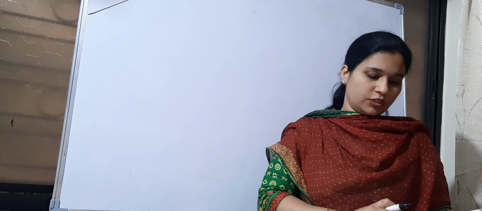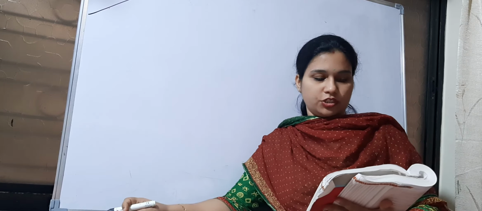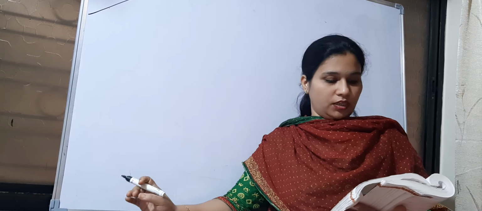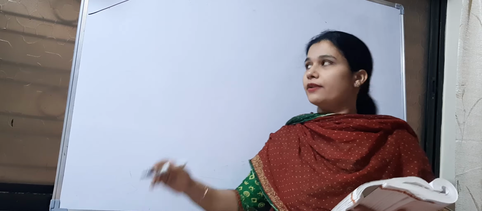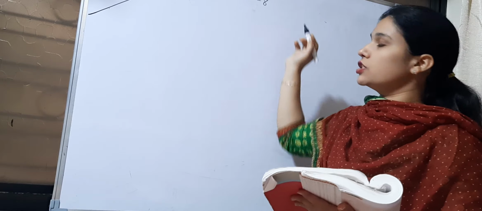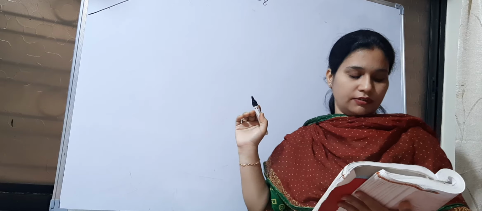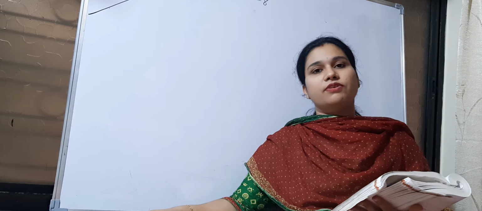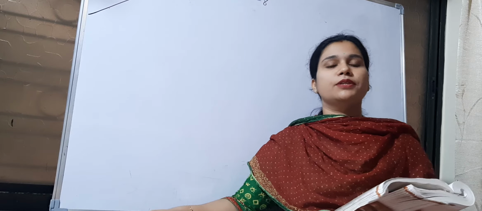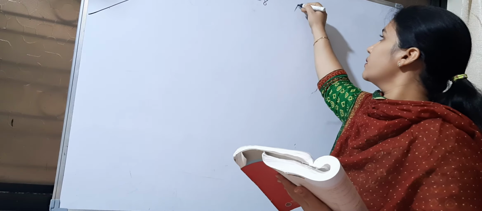Question number 4. Question number 3 is left as homework for you. Question number 4 is what? See, in this question, 1000 enumerators are given, so total population N is 1000. They have taken a sample of 8, so your small n will be 8 in this question. And also they have given that assuming 1/3 of the population is tea drinker. So your variable x will be tea drinker and p will be the probability of tea drinker. So p will be 1/3.